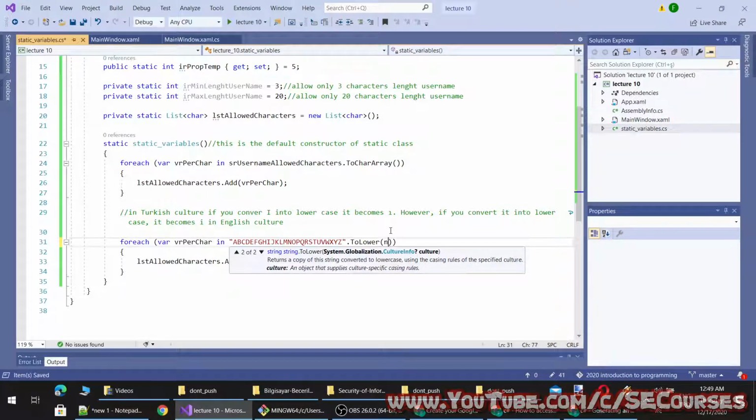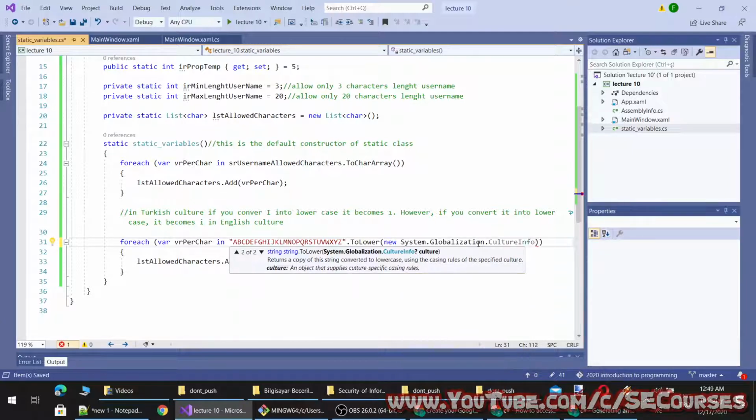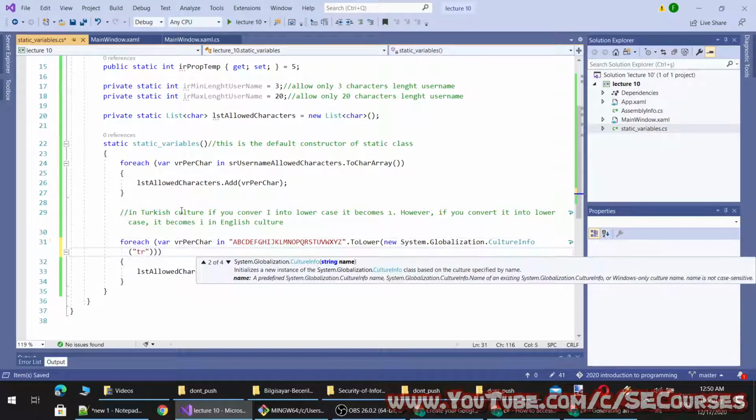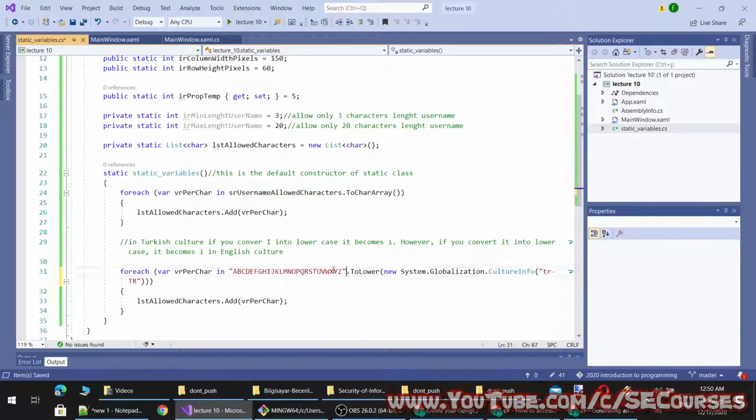So I will define a new CultureInfo. It has automatically suggested this one, new CultureInfo, and the culture info can take an integer, name, culture override, user override, and such. I will just provide the name, which is tr. So I will be using Turkish culture, and of course I will use my variable.